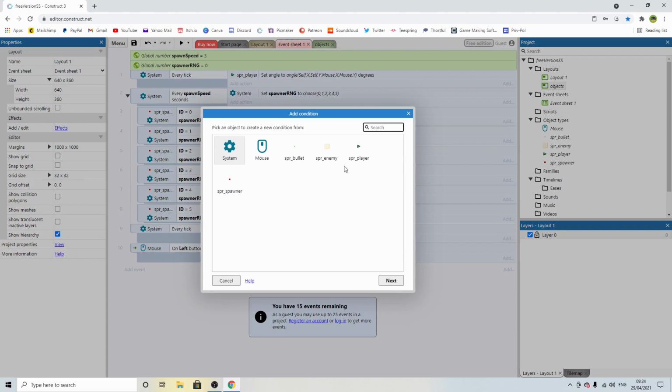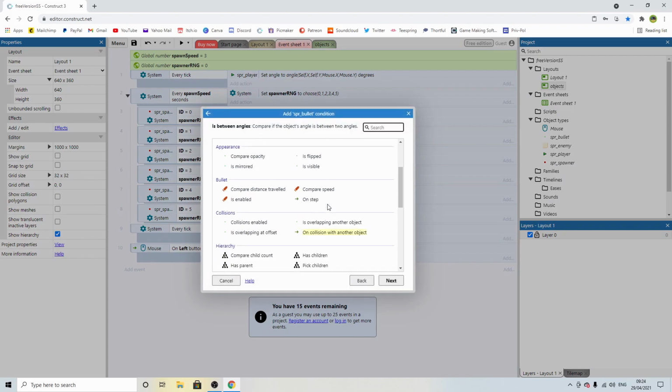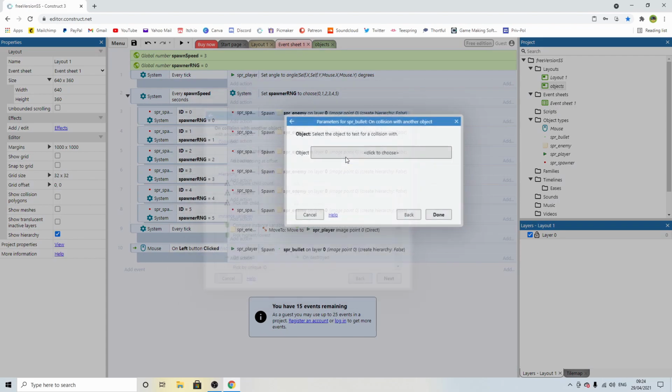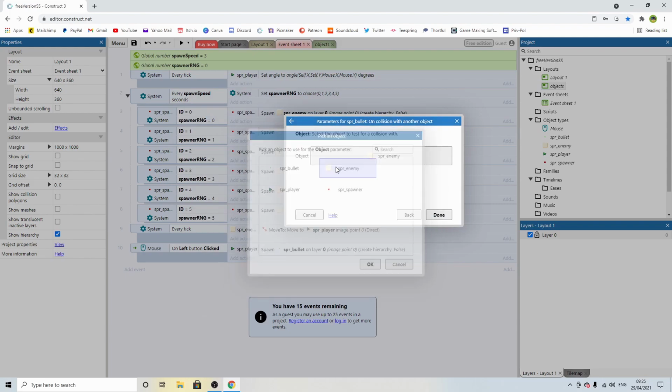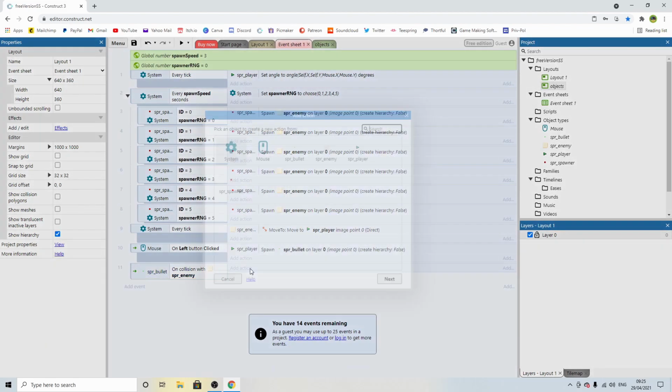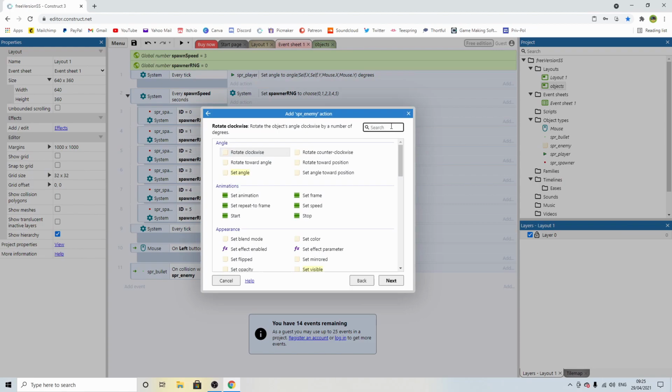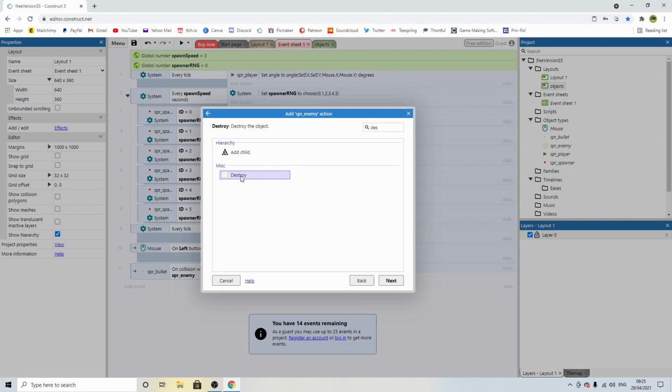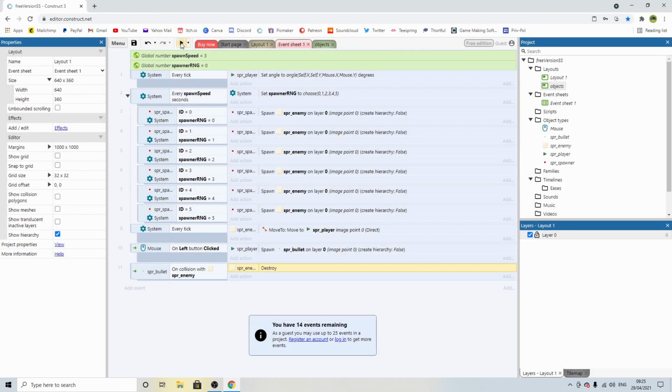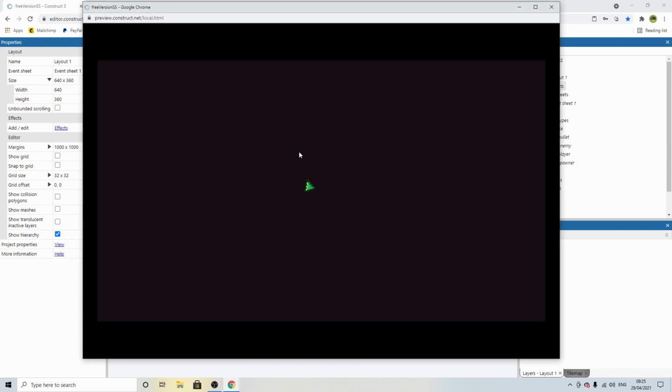So add an event. I'm going to say sprite bullet, and we can come down and say on collision with another object. On collision with enemy. Very simply, we're going to say enemy, and we're going to start typing in destroy, and we're going to hit destroy. And now when the bullet hits the enemy,